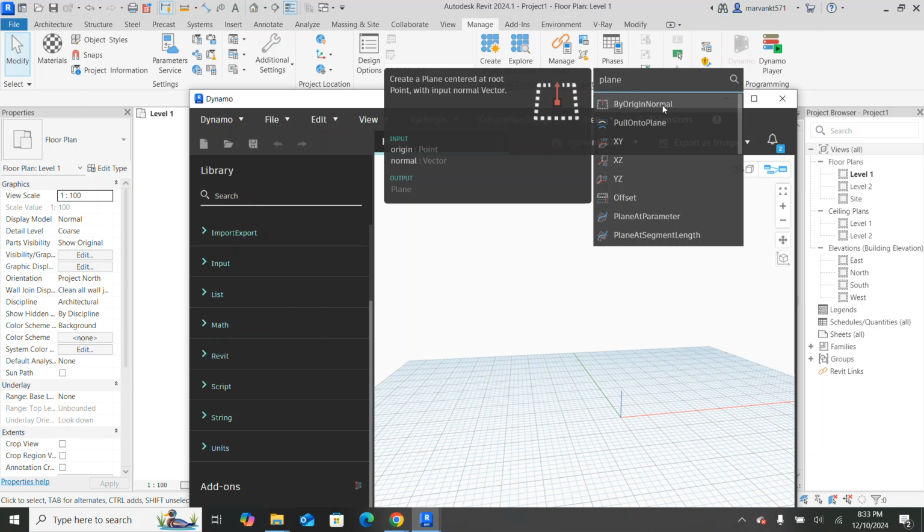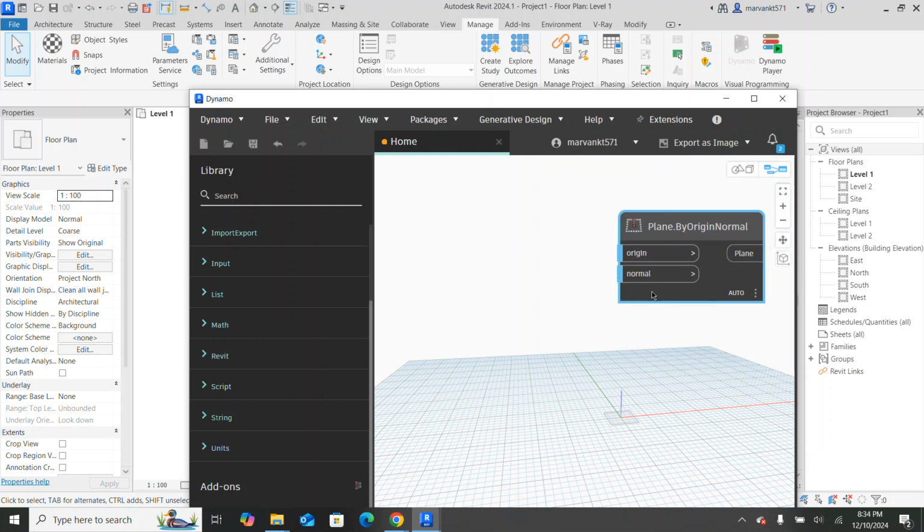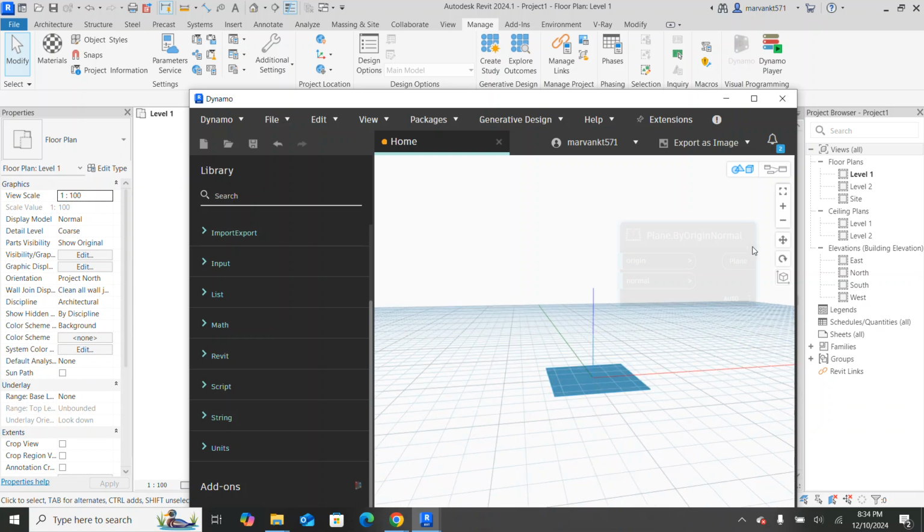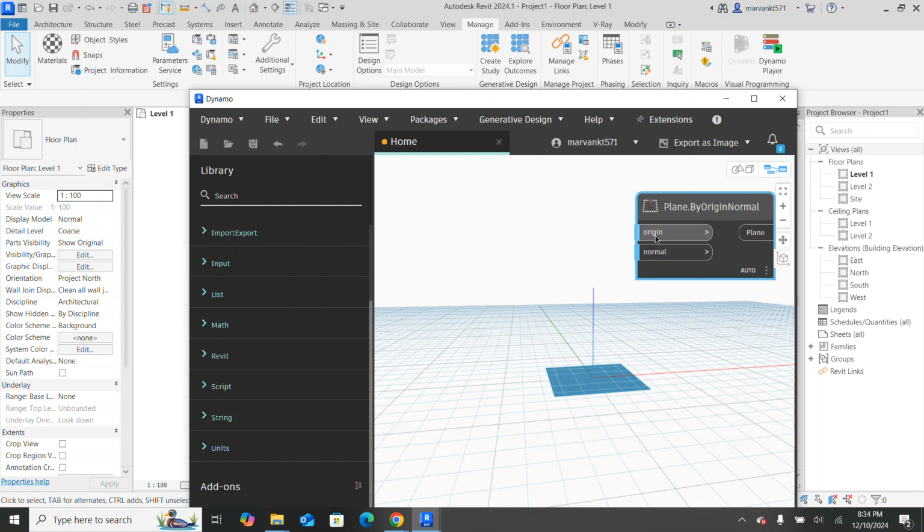create a plane centered at root point with input normal vector. So I select plane by origin normal. We need two things over there: one is origin and the other is normal. What is this origin? When you hover here, you can see origin is the point of the plane where the plane has to be created. You see that the plane is created now at 0, 0, 0. This is our plane, and the origin is the point,